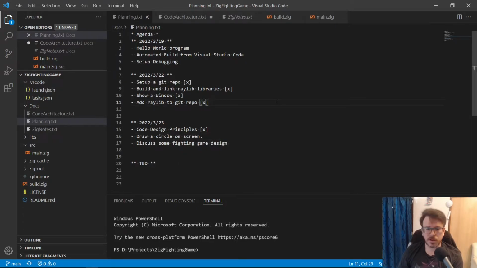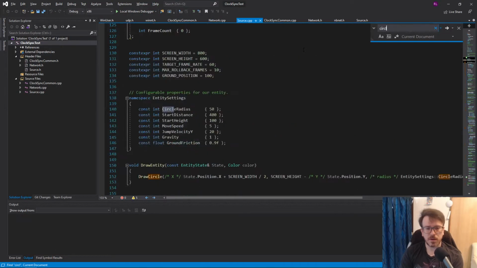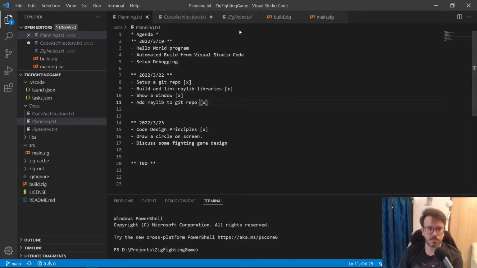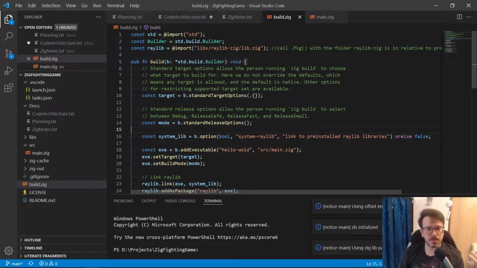Now, I'm going to look at code that I developed for this rollback project a while back, just to simplify things a bit. There's already a draw circle function. I guess it's pretty easy to use. For now, this is just prototyping with Raylib a bit. We're going to get into the design aspect of the code a bit later. There's a lot of errors. I don't know what this is about.